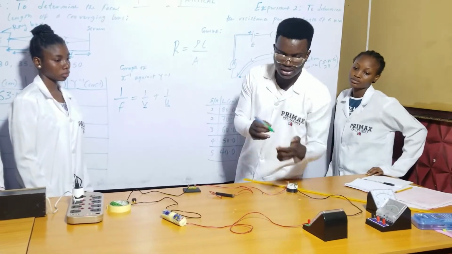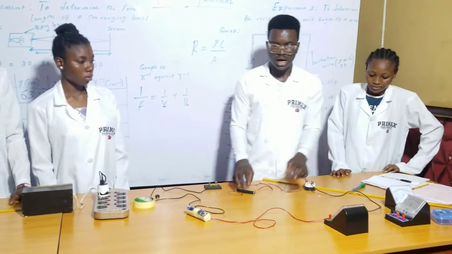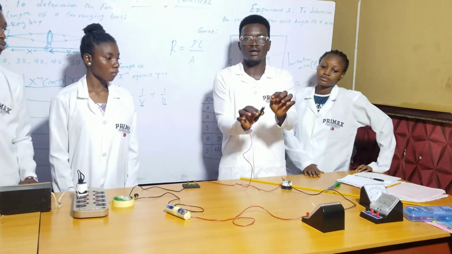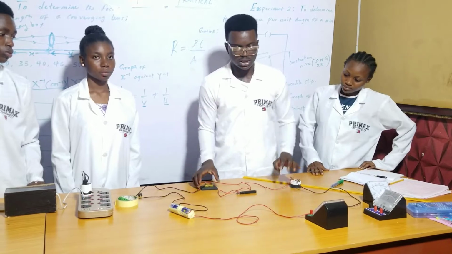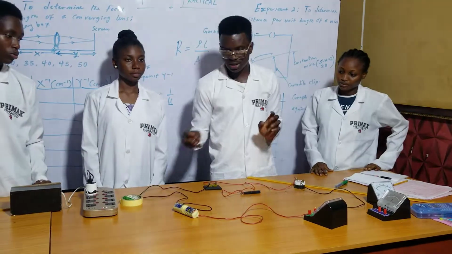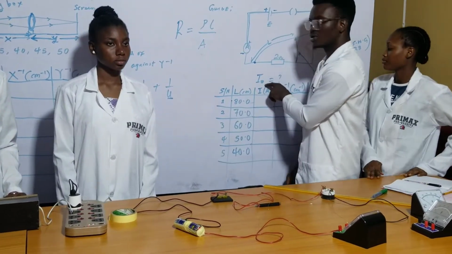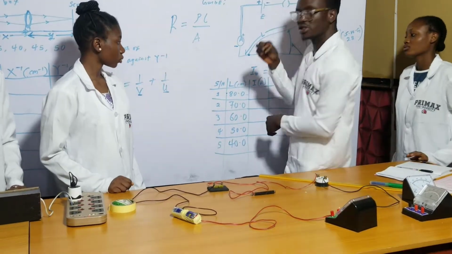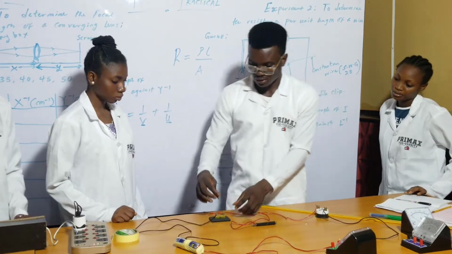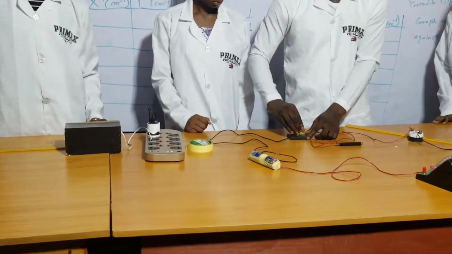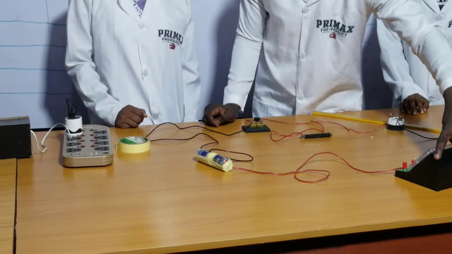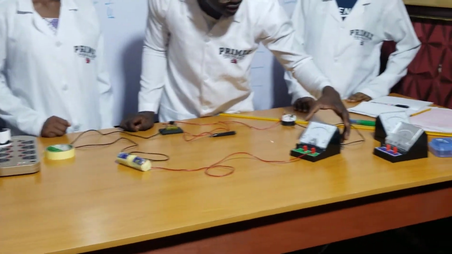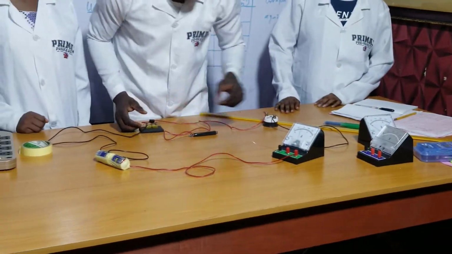So follow through. Let's see the first aspect. Without connecting to the Constantine wire, we're going to read the ammeter. We will plug the key now. So that is the I naught. So without connecting the Constantine wire at all, we will plug the key. When we plug the key, we will see a particular reading. So you can see, this reads from the connection we have here.